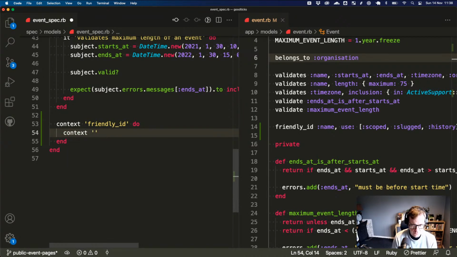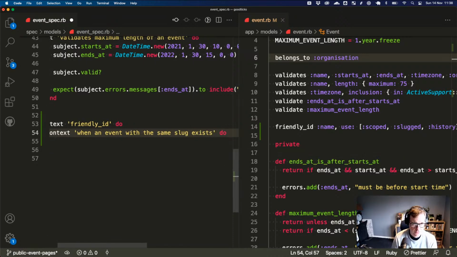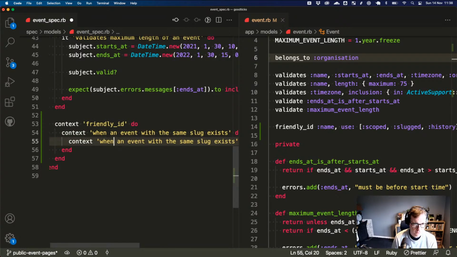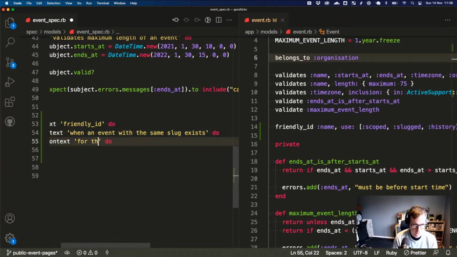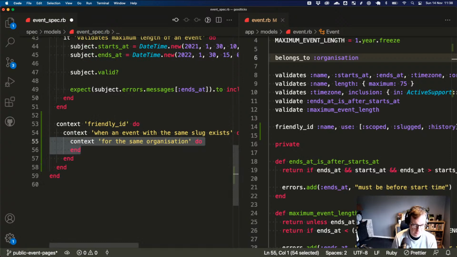So when an event with the same slug exists for the same organization. Don't know if this is the most readable way to do these.